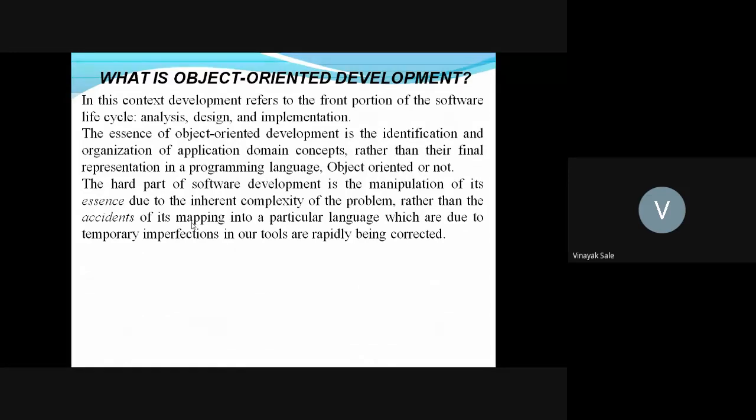The hard part of software development is manipulation of its essence due to the inherent complexity of the problem, rather than the accidents of its mapping to a particular language, which are due to temporary imperfections in our tools that are rapidly being corrected.